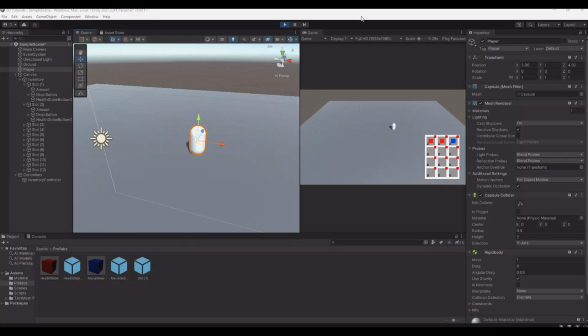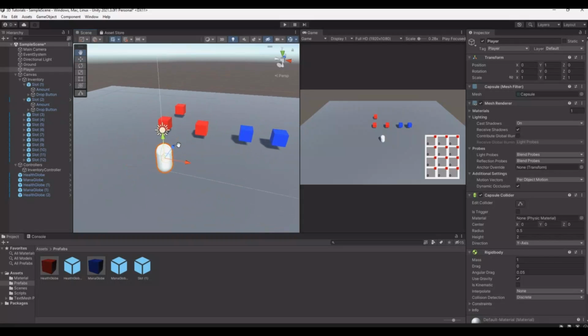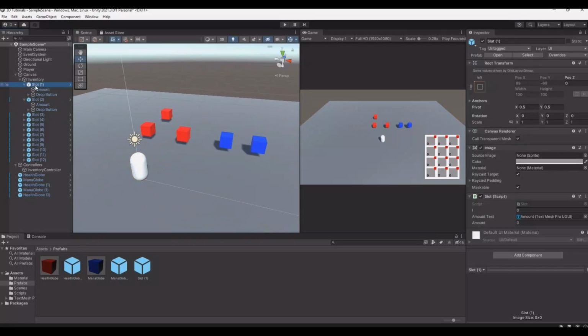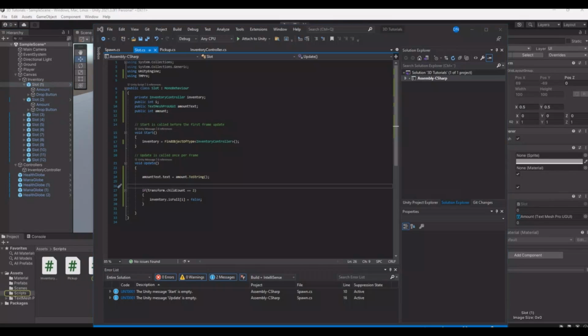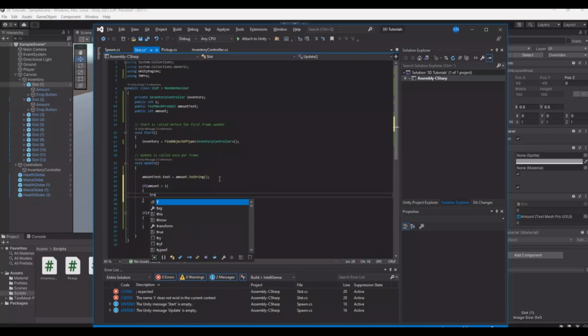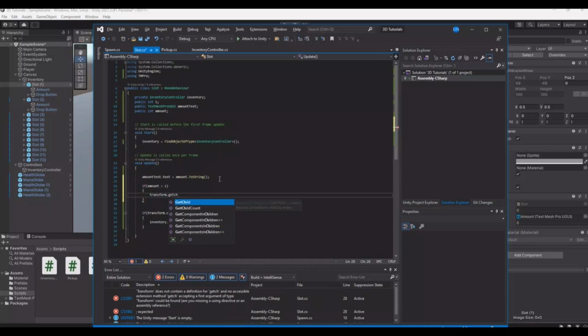So now let's drop the items again. So let's stop this. Open up the slot script. On the slot script, let's enable the text as well, because if we have 0 amount or 1 amount, then there shouldn't be any amount text. And we can do that by saying if the amount is less than 1, then we need transform dot get child